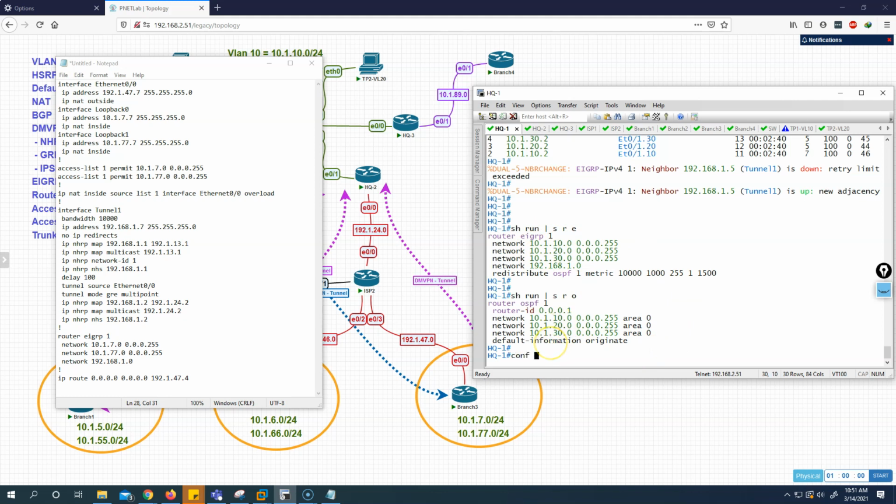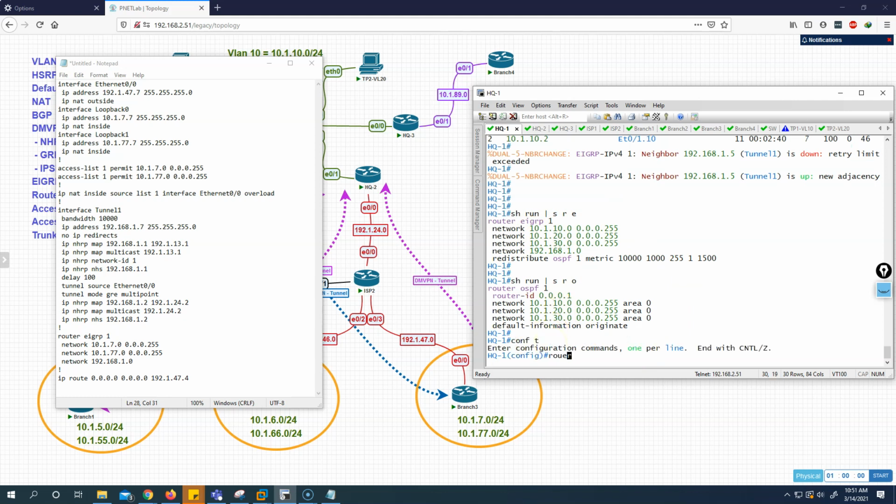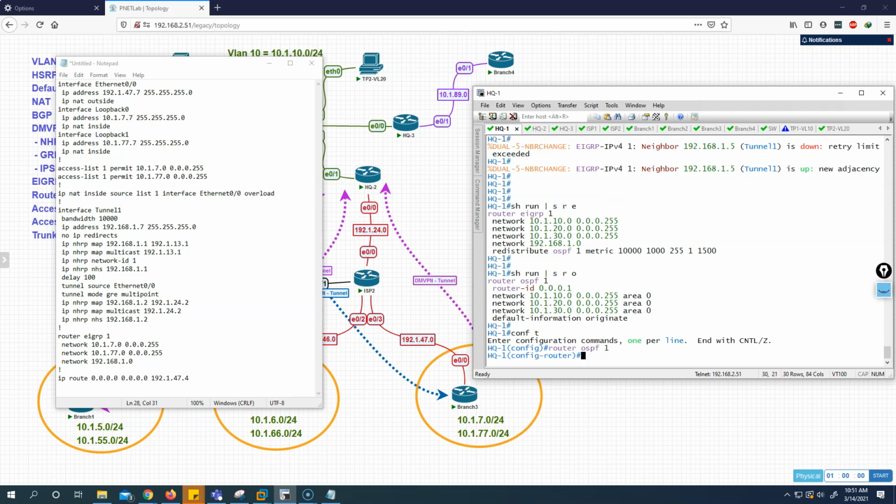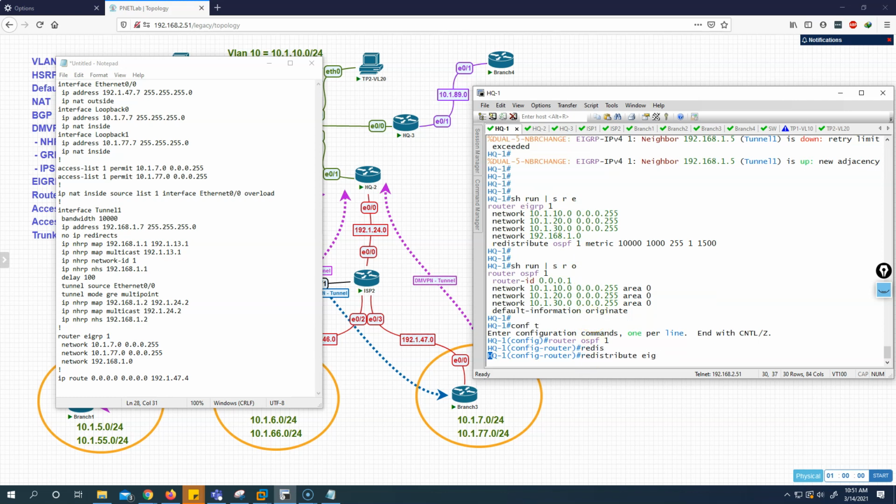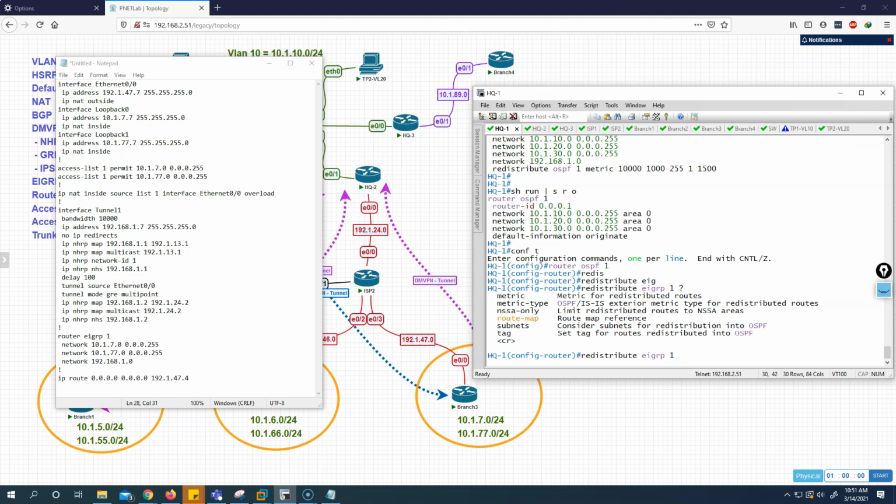So we go there and say router ospf 1, and in OSPF 1 we say redistribute eigrp 1. Then we play with the metric because we want router 3 also to go towards router 1. So we will add a metric,